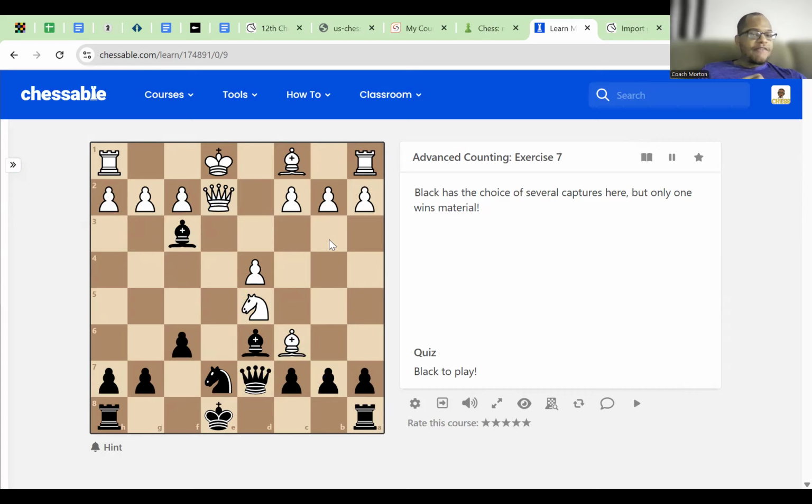We have 6 captures in this current position. Now, bishop takes queen seems the obvious, but at the same time, we might lose our queen in the process, which will be kind of suckish, if you will. I think in this situation, guys, right here, we actually should take